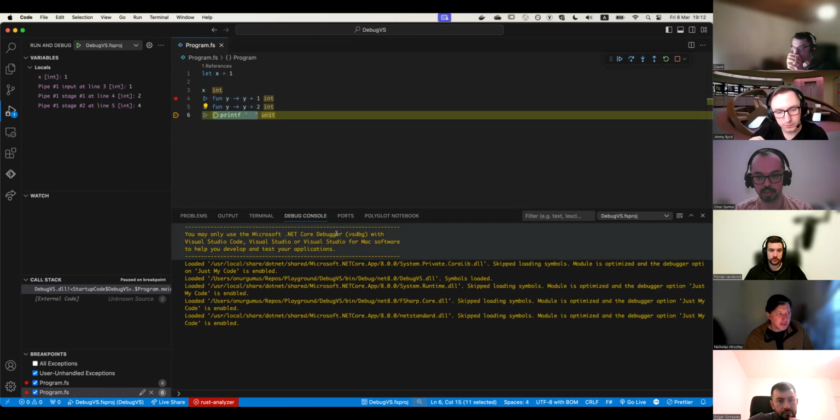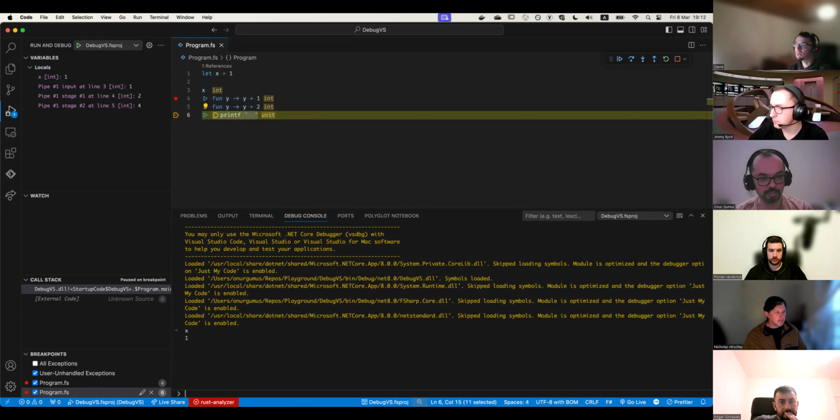Another thing is, in this debug console, if you want to, for example, query some of the values, you can just type X, and then you would see the value of it. However, you need to be careful about this part of the debugger: it's actually working as a C# debugger. So unfortunately, you can't just put in F# expressions. It's not working there. Instead, you need to use C# kind of expressions, and not always everything works.